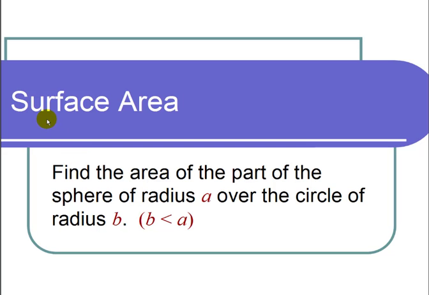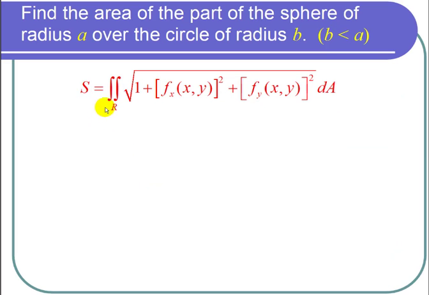This is a video on surface area. The question states, find the area of the part of the sphere of radius a over the circle of radius b for b less than a. So let's start by recalling that the surface area is the double integral over the region of the square root